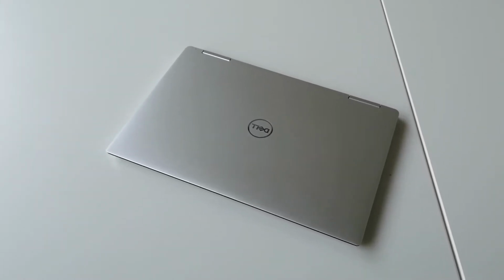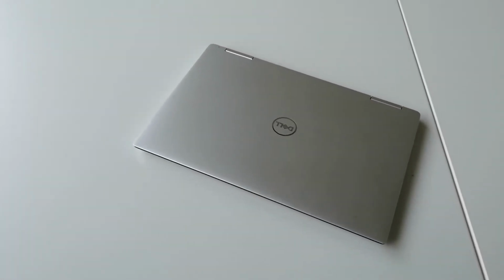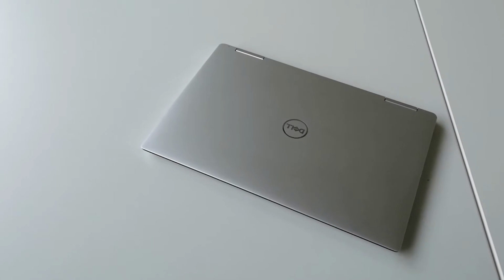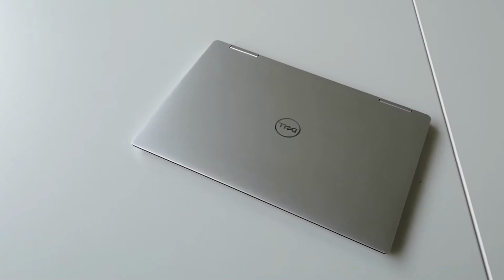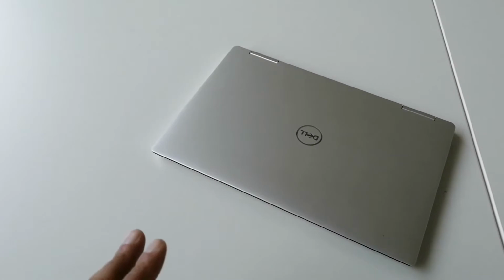Hello fellas, so what you see here is my Dell XPS. It's a very high-end laptop. It's my work laptop and it has some really high specs. It has been off for about a day now, but often what happens is that this gets pretty hot, and